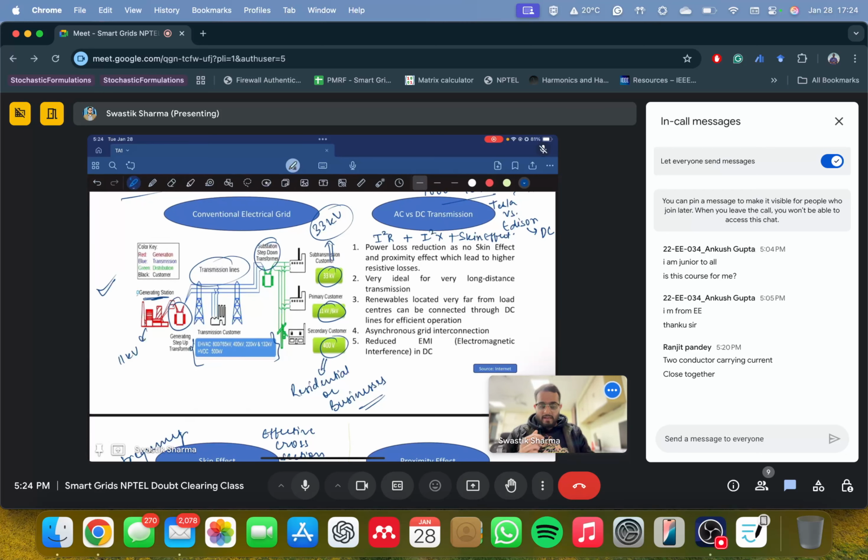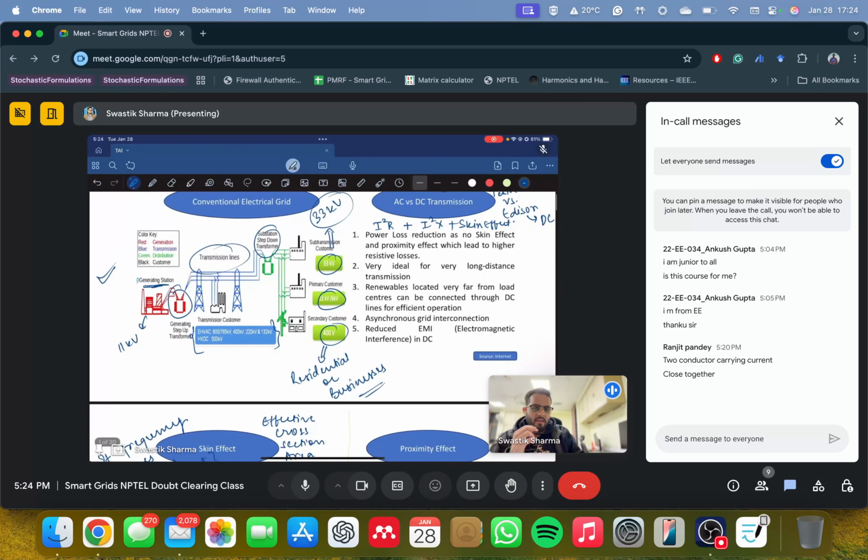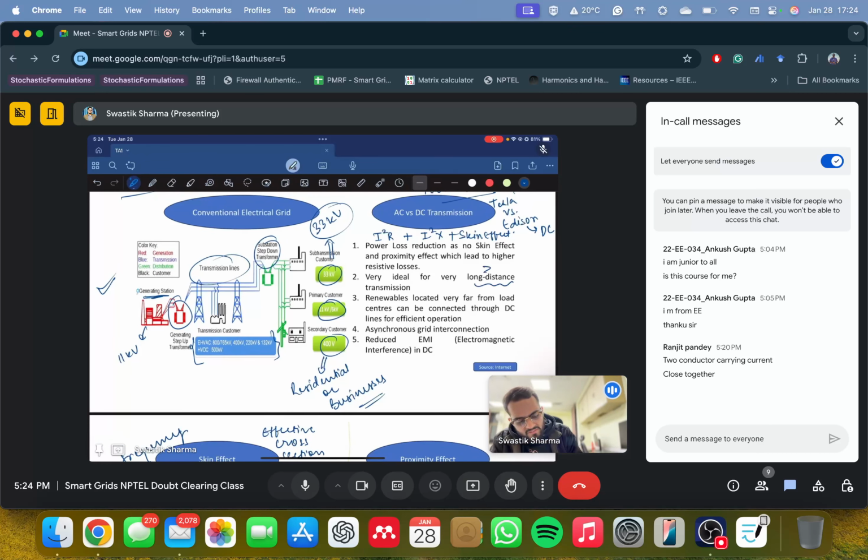Now, DC transmission systems are very ideal for very long distances. Why is that? Because when the distance increases, the inductance, the capacitance, and these I square R losses also increase, right? So when these losses increase, since DC does not have any reactances in it, the transmission losses are very less, and that's why it's favorable. If you want to quantify this long distance, it will be greater than 500 kilometers. Only for lines greater than 500 kilometers will you feel that DC transmission is more ideal than your AC transmission systems, right?